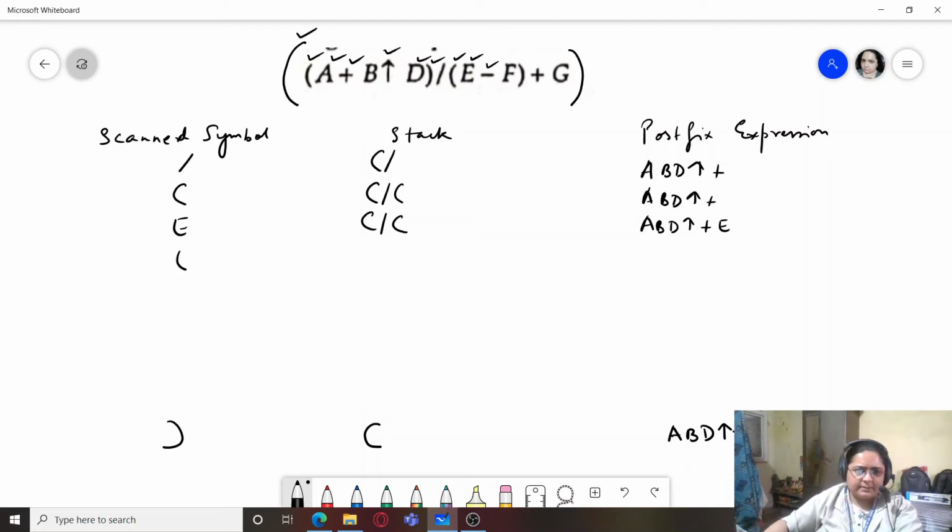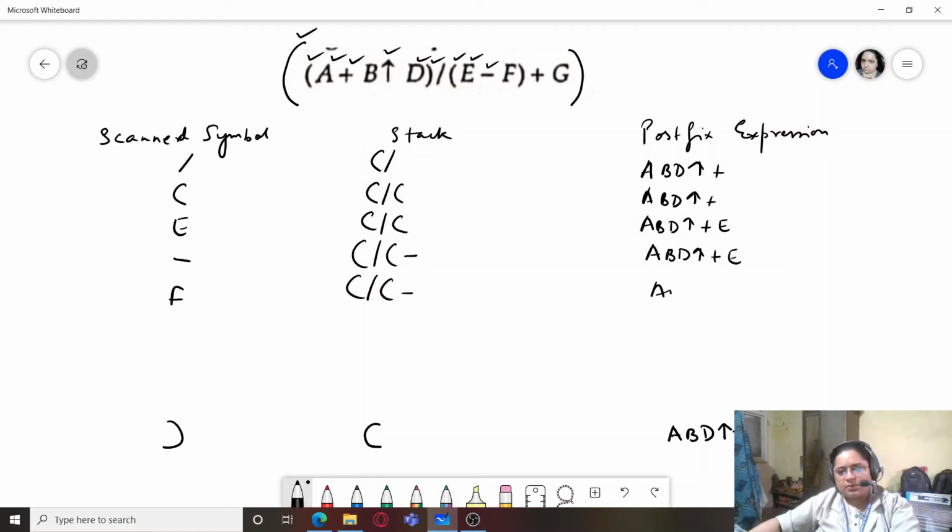Then a minus sign. So we will be having A, B, D plus E followed by a minus, sorry, I'm very sorry, no minus sign. It will simply be pushed onto the stack. Then we have F. So A, B, D, E, F over here, and then a closing bracket again. So we will be popping elements up to the first left bracket. So the only element to be popped is this minus sign, which will be popped and appended to the end of